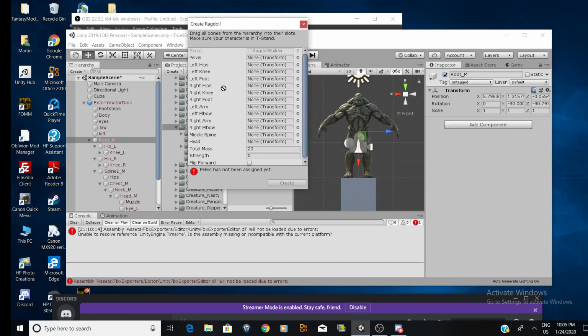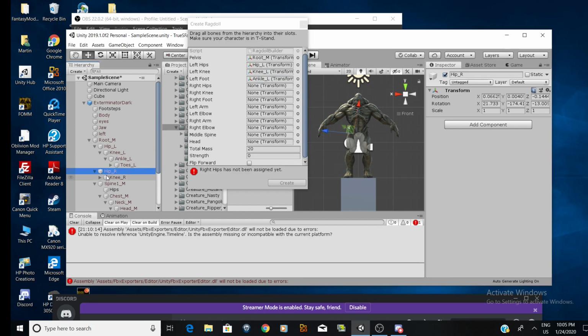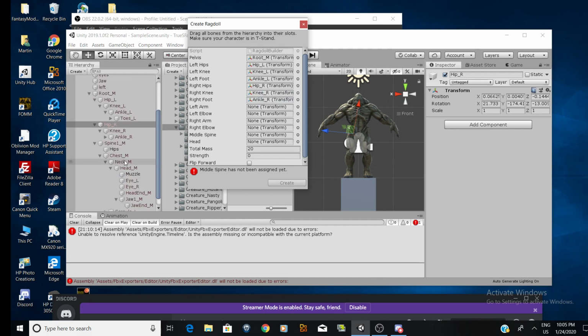So the root will most likely be the pelvis. Let's see what else is over here. Hip, knee, ankle, hip, knee, ankle, toes. So we'll go with left hip for hips, knee, ankle for foot, right hip, right knee, right ankle. We'll go to spine,